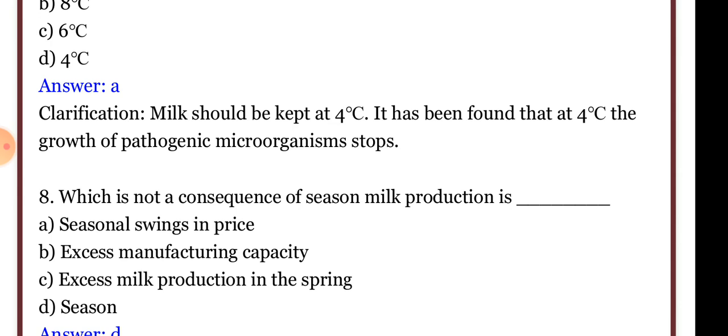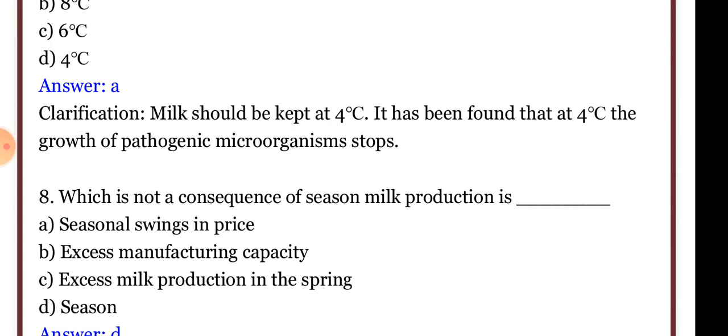More milk production means a lower price of milk. More production and excess manufacturing capacity will also lead to a decreased price of milk. And excess milk production in the spring will also lead to a decrease in the price of milk. And more production has no effect on the season,